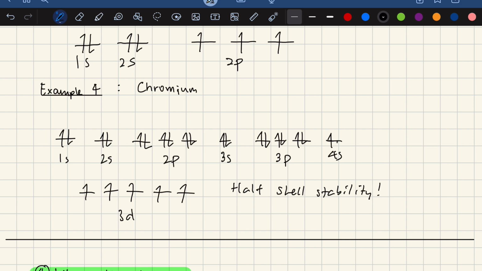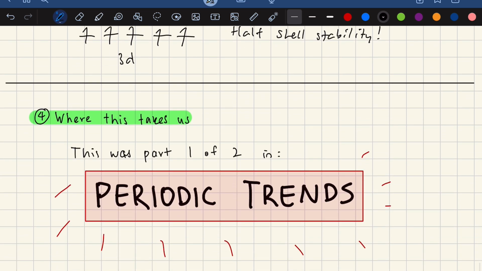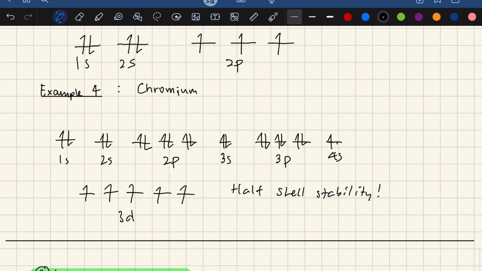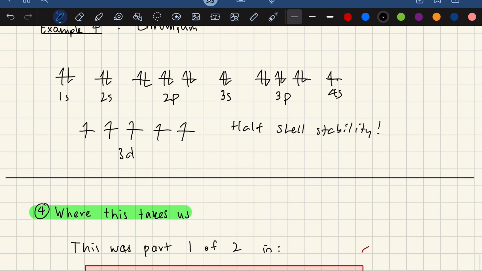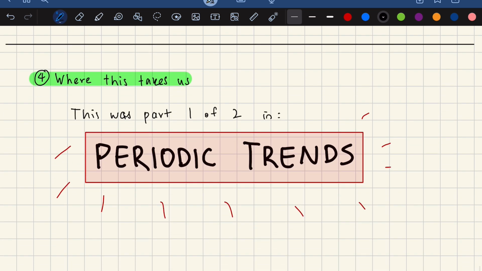But just to kind of wrap up here, this is taking us towards a discussion of periodic trends, which I feel is really the first challenging topic in intro chemistry courses that a lot of people confuse. But if you understand this electron stuff really well, it becomes much less confusing immediately. Okay, so that's all for this lecture, but